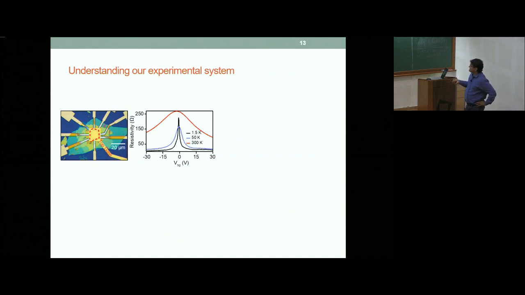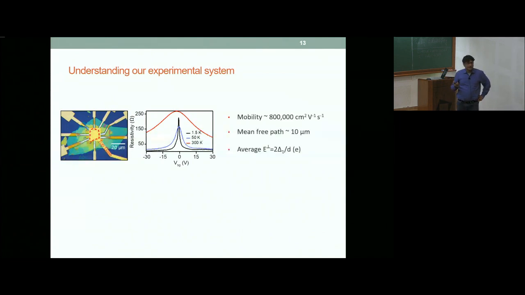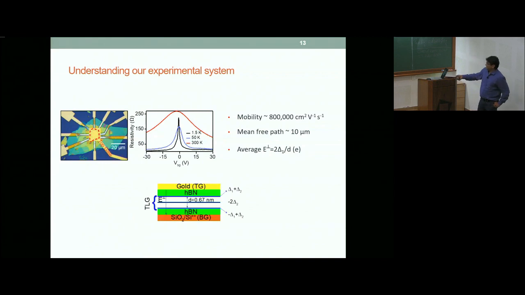And so these devices can have very high mobility, and our devices indeed have high mobility, which allows exploration of some of the physics I'll try to point out. The mean free path is very large, comparable to the device dimension, so these devices are kind of ballistic. And this is sort of the